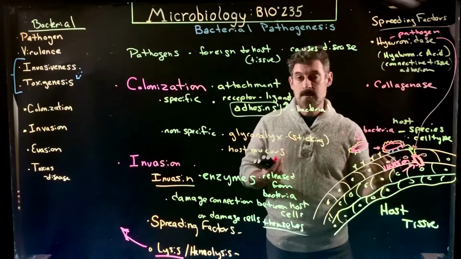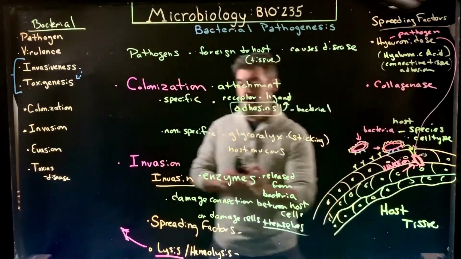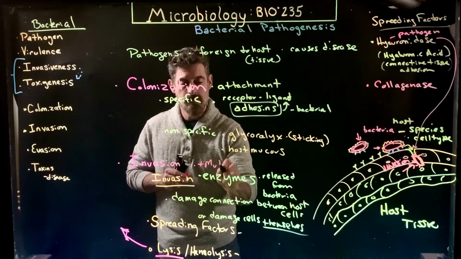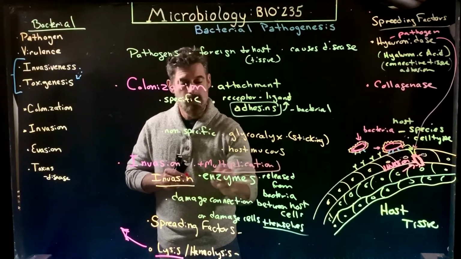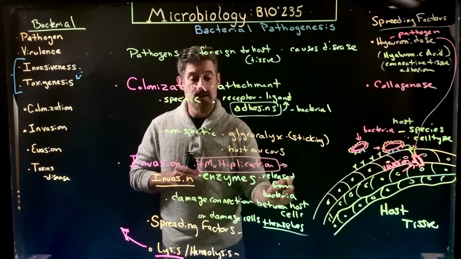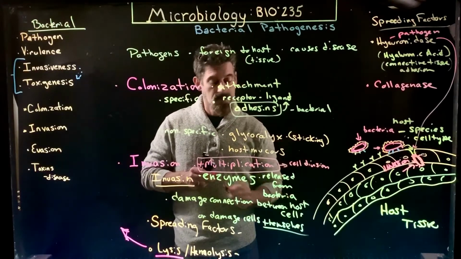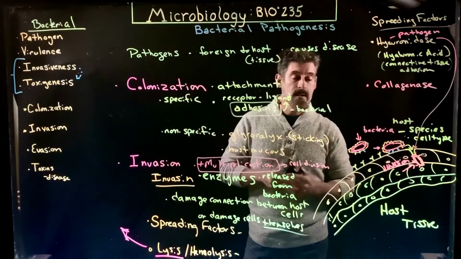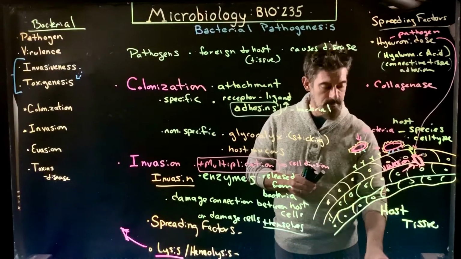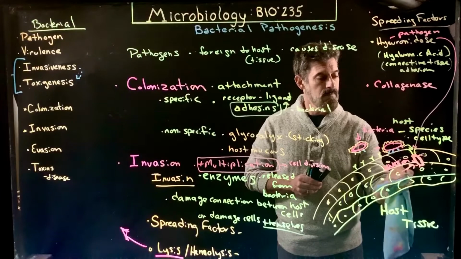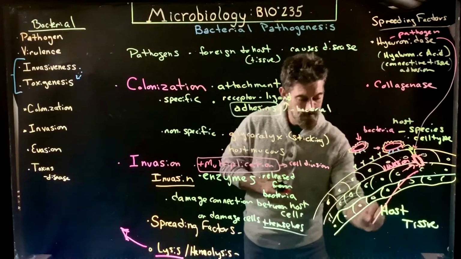Bacteria are then going to need nutrients in order to multiply. So the next real step in this invasion process is going to be multiplication. All right, the cells are going to need to divide, cell division. The cells, in order to divide, are going to need nutrients so that they can grow. Some of those nutrients are then going to come from the host cells themselves. So the next step here is to release chemicals like